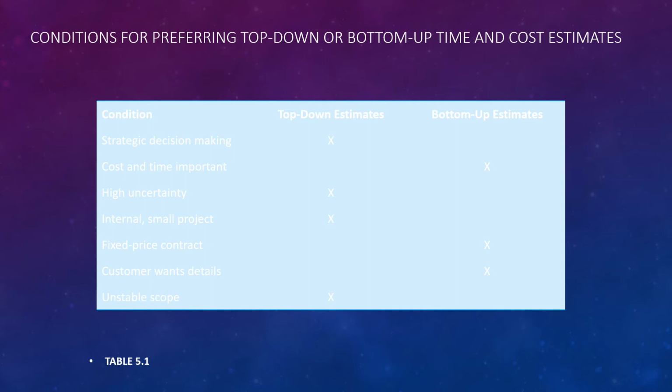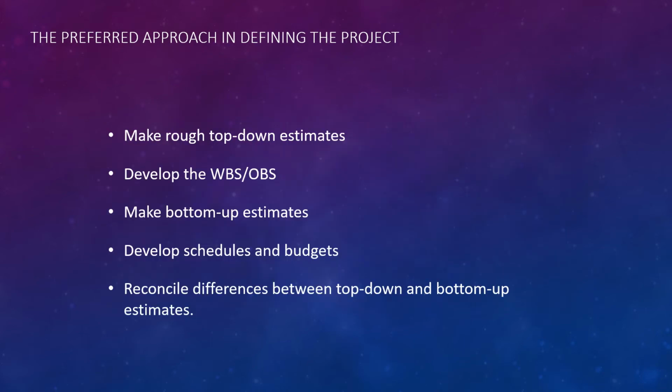Customer wants detail, then we need to go bottom up. An unstable scope, top down, because we don't know exactly what's going to happen in the project. It's kind of changing as it goes along the way. So the preferred approach in defining the project would be to make rough top-down estimates, and then develop our WBS/OBS, and then we can make those bottom-up estimates now that we have details and kind of see where we're going, and then we can develop our schedule and our budgets because now we have more detail, and then